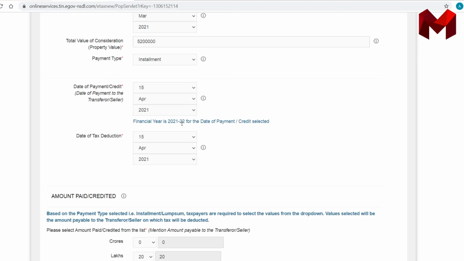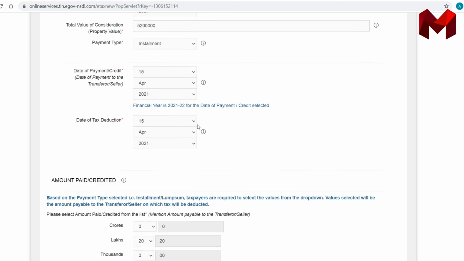And if you are making payment of the complete amount, you need to deduct the complete amount of TDS as well. So whatever payment you are going to make, you need to deduct 1% out of that payment and deposit it with the government and fill this form 26QB.